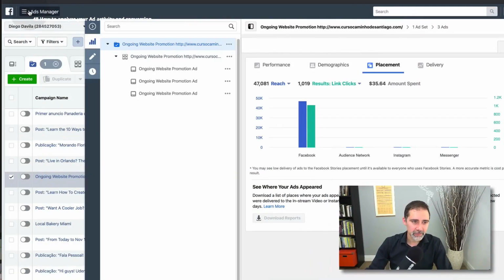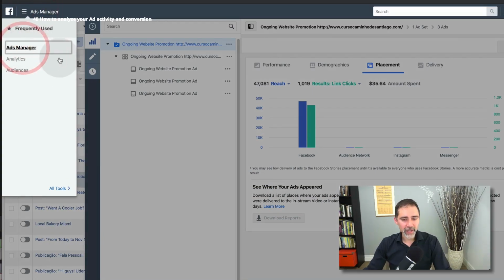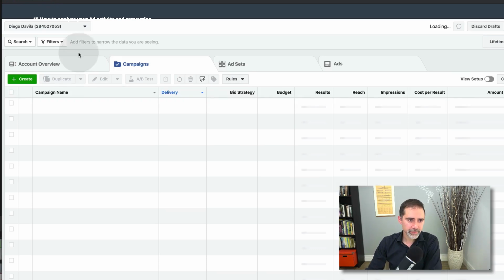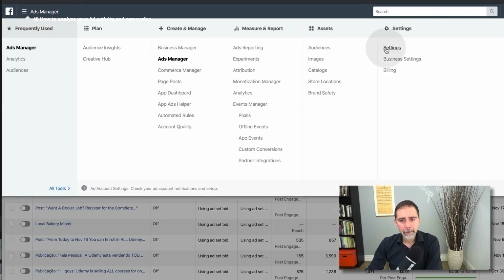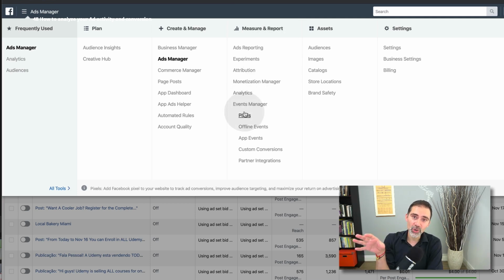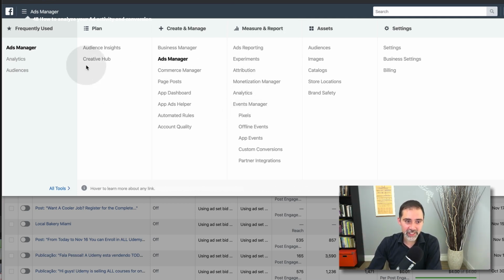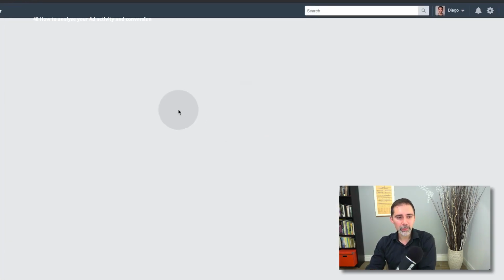We have several options, and it's all explained here on this page. If you want to install the Pixel, let me show you how easy it is. Let me go back here to the main screen of the Ads Manager. Excellent. And here on the top menu, we come to All Tools, and we see under Measurement and Report the option Pixels. Remember that this menu changes all the time, so if you don't see Pixels here, take a look in other places and you will find it. So let's go to Pixels,